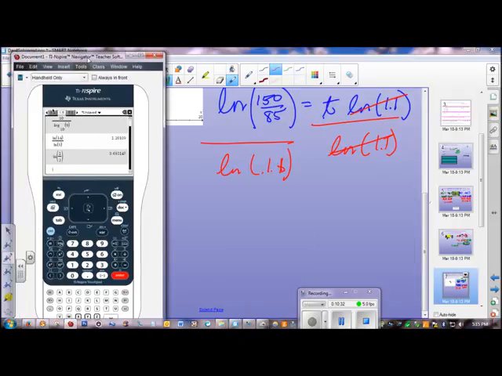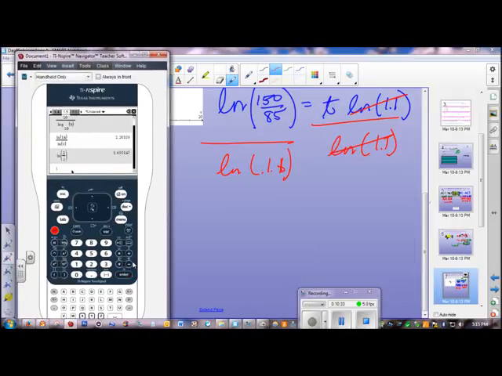So we'll do that. Bring up a fraction template. On top we've got the natural log, and now another fraction template inside the argument. I'm going to put a 150 on top, and I'll put an 85 on the bottom. That's all in the argument of the top log. Let's jump down to the bottom of my original fraction, and in the bottom I'm going to bring up another natural log, and this one is just a 1.1. And I get a